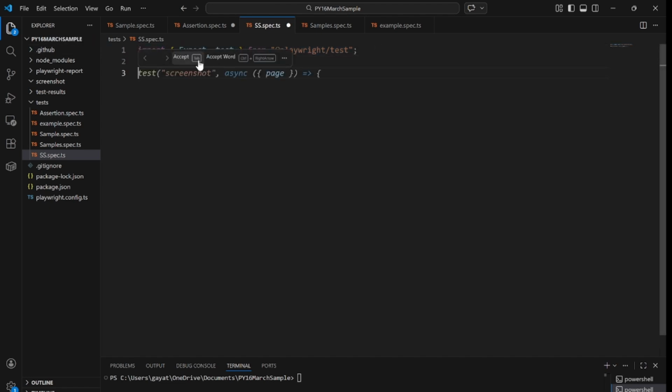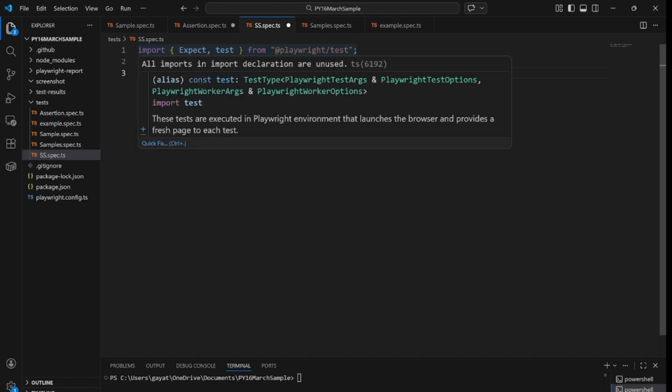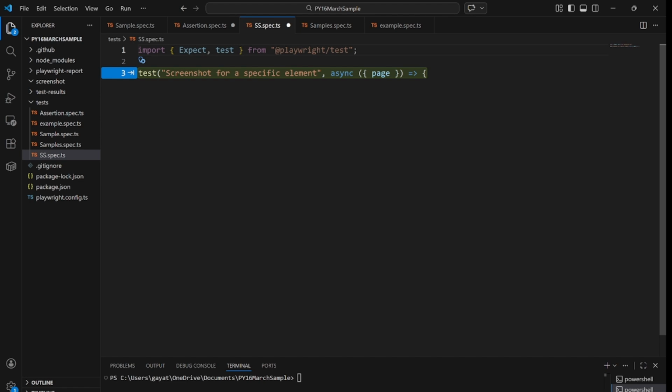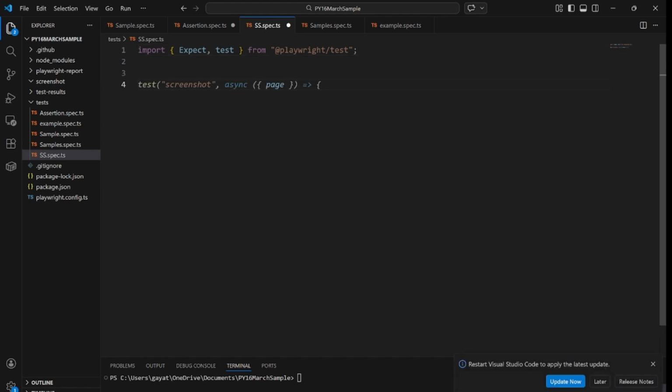There is no error that will come up here when you are calling test first or expect first, there is no issue with that, but you have to call both. Now we will write our first test, right? So for that, we have to use test. I already showcased in my previous sessions how you can write your first test script in TypeScript with Playwright.